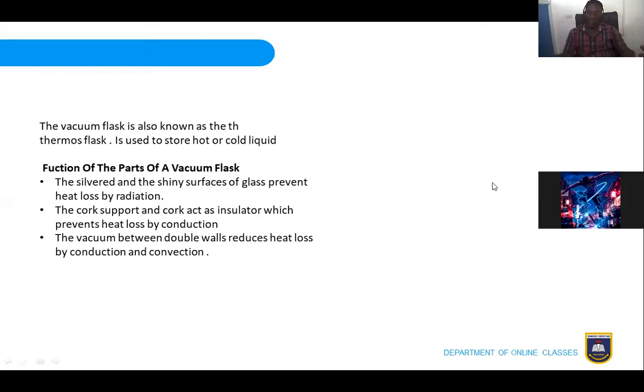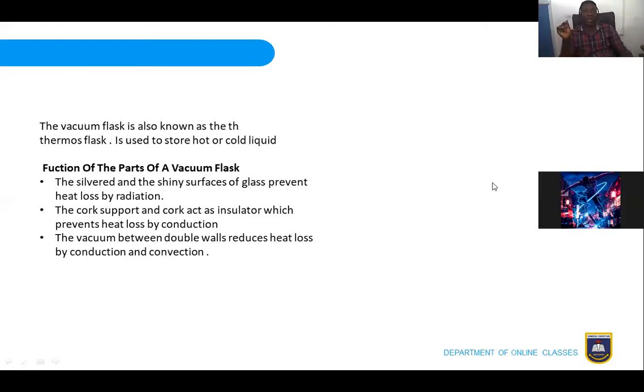So a similar thing happens over here in the construction of the vacuum flask. We have a shiny surface inside. We don't want our heat to be sent outside to the hot surrounding. So to maintain that heat inside the flask, we have to construct it with an inner layer made up of a shiny surface. So let's say you pour hot water inside the vacuum flask right now, what happens